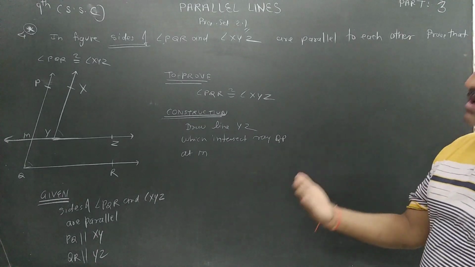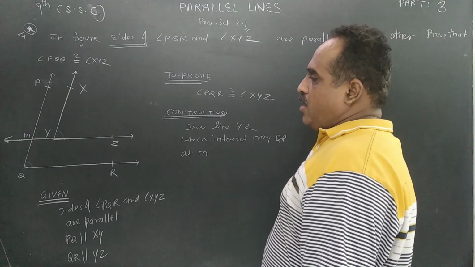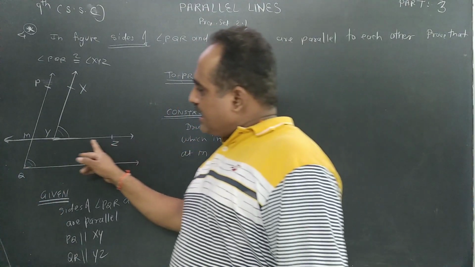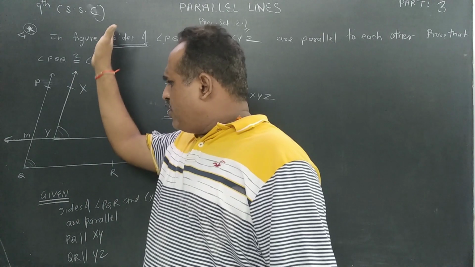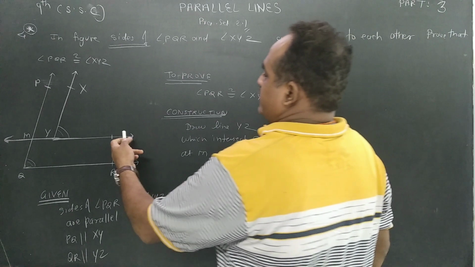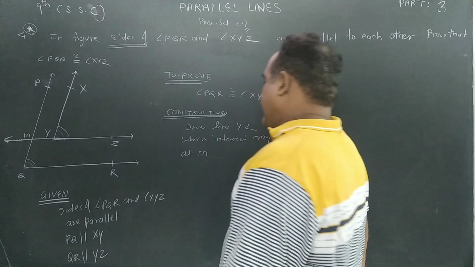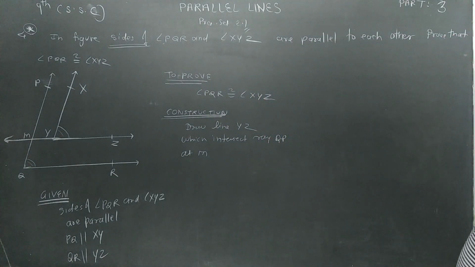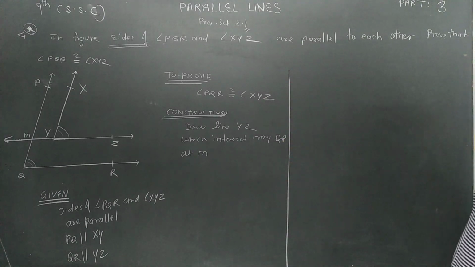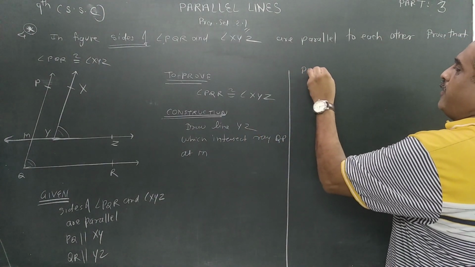See once again, if you are doing it for the first time, you will get used to it later. But this time just see what I did. I have to prove that this angle is congruent to this angle. What I did, I drew that line, and you can draw this line also, XY can also be drawn, and you can draw this MZ also. So what I did, I drew YZ which is intersecting line PQ at point N. Is it right now? Okay. Now we go for the proof, and the proof is very easy. There is no headache in it. Is it right? So we can write the proof.